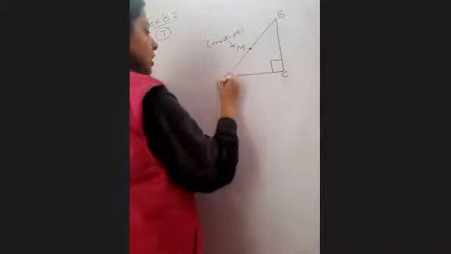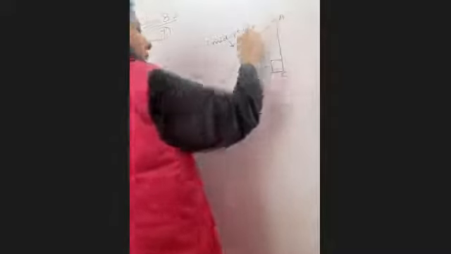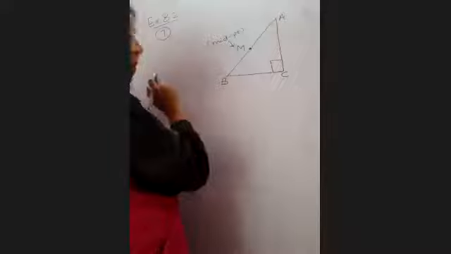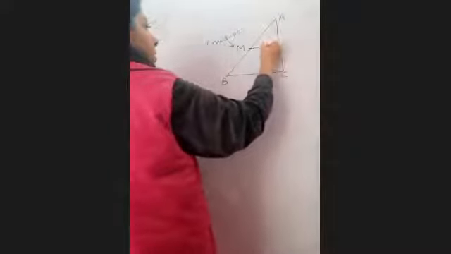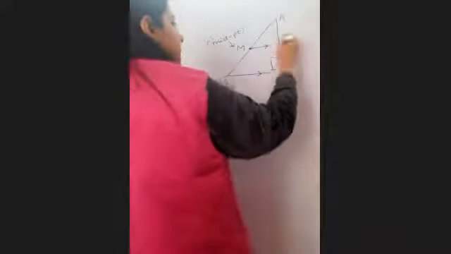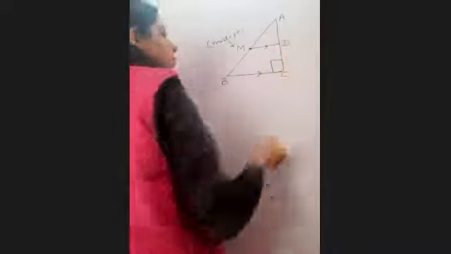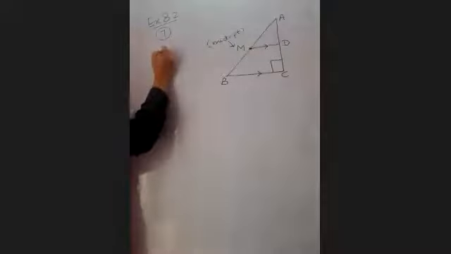Let me just change the name so that you are more comfortable that way. It will still remain AB. A line through M is drawn, which is parallel to BC. Are you with me till here, children? Yes, ma'am. And it is intersecting AC at what point? D. We have to show